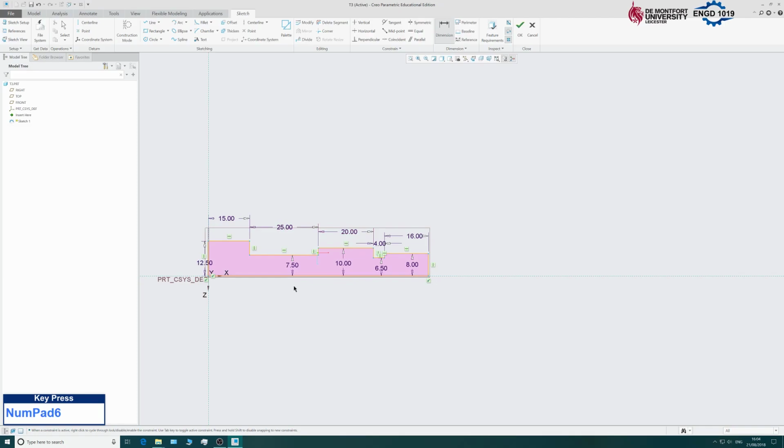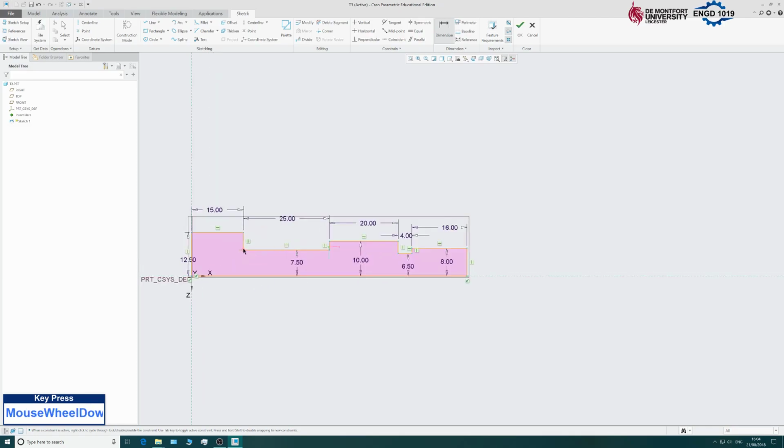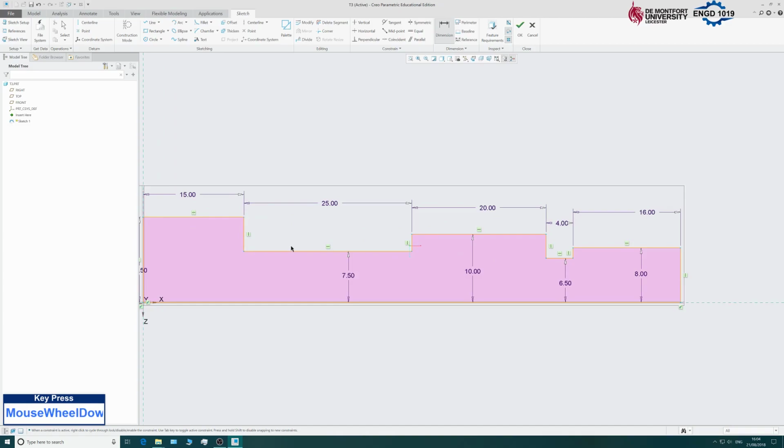So most of this is okay now. It's just in this section here we have a curved section with a radius of 20, and then there's also a slope that comes down. So what I'm actually going to do is show you that I'm going to leave these lines here, but I'm going to convert them into construction lines because they're quite useful. So if I click on them, press Control, and I can highlight all three of them,